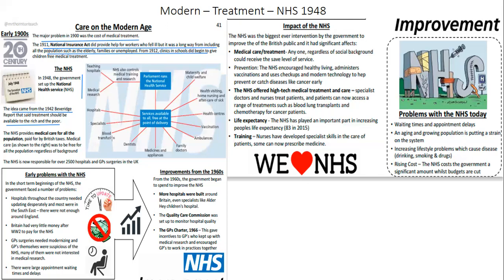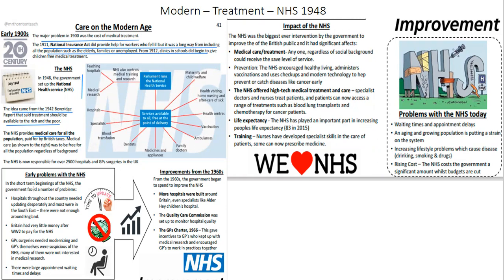Hospitals, specialists, blood transfusions, dentists, medicines and appliances, family doctors, ambulances, vaccines, health centres, health visiting, home nursing, aftercare of the sick, and maternity and child welfare. The NHS provides medical care for all of the population, paid for by British taxes. All right? It's free, regardless of people's background. And the NHS is now responsible for over 2,500 hospitals and GP surgeries in the UK. There are still private hospitals which people pay for, but remember, the NHS provides that security of free treatment